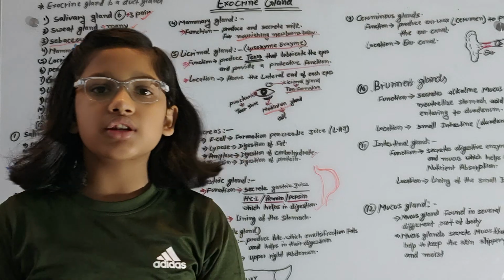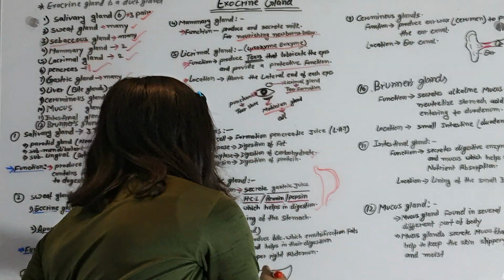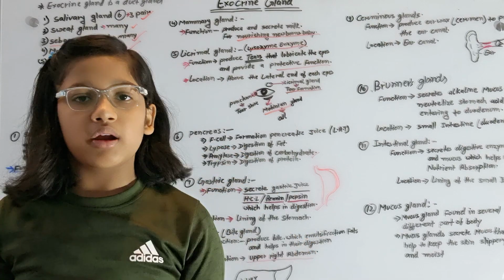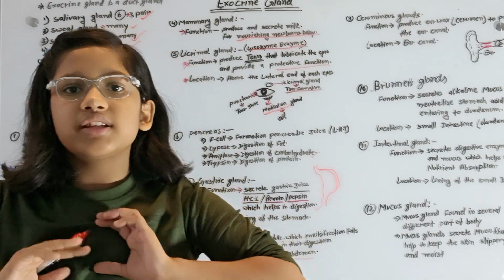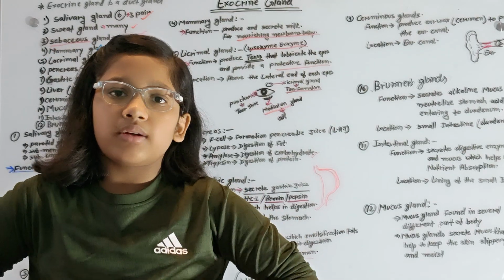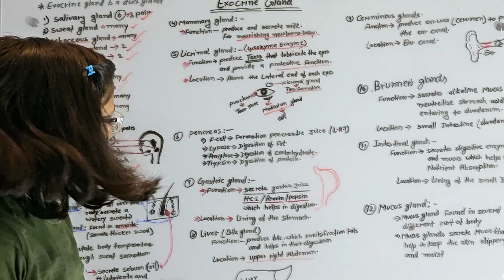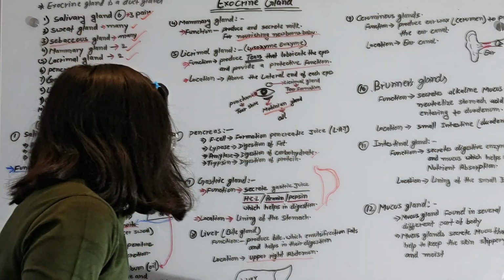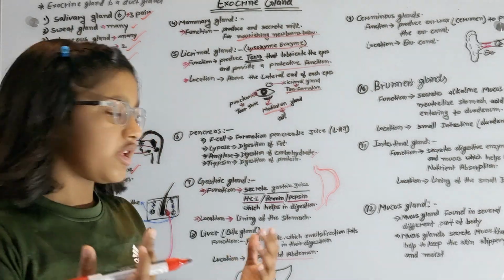नाउ लोकेशन कहाँ होता है? लोकेशन इज अपर राइट एब्डोमेन. एब्डोमेन क्या होता है, मैंने आपको बहुत बार बताया कि एब्डोमेन कैविटी क्या होता है, चेस्ट कैविटी क्या होता है। डायफ्राम के ऊपर वाला चेस्ट कैविटी होता है एंड डायफ्राम के नीचे वाला एब्डोमेन कैविटी होता है। हियर इज लिवर, हियर इज हेपेटिक सेल, द बाइल फॉर्म फ्रॉम द हेपेटिक सेल।